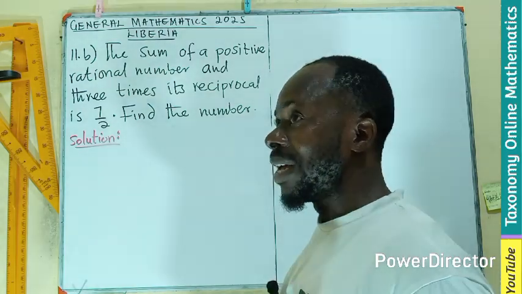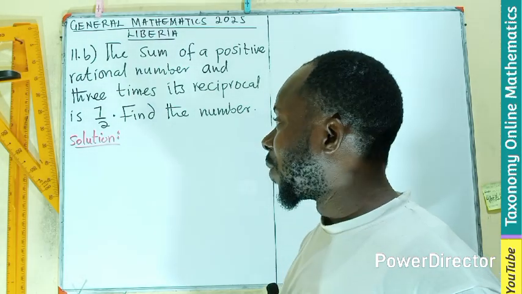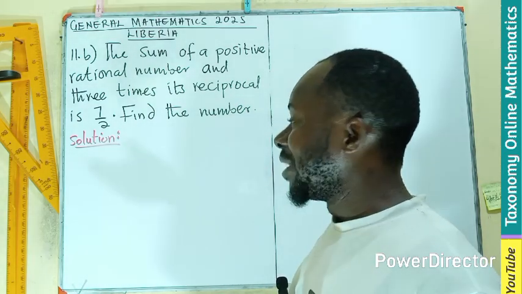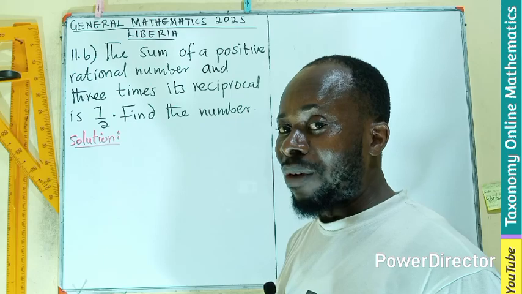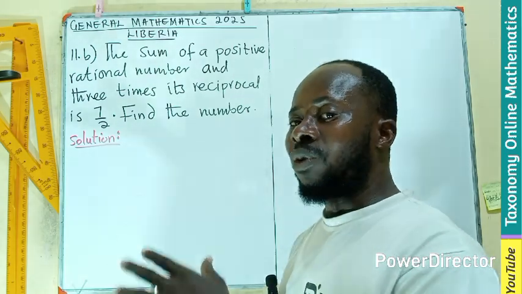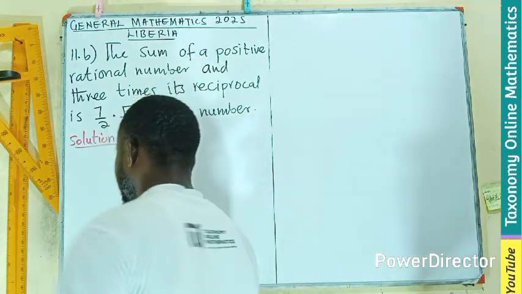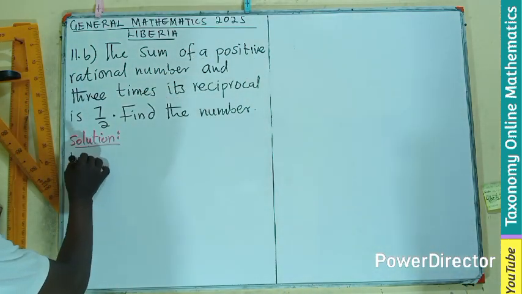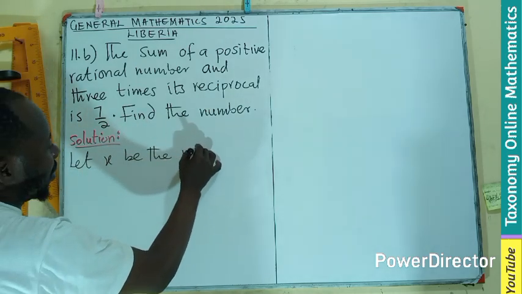So we know rational numbers can be a whole number, it can also be a fraction. Assuming the number to be a fraction at once is going to make use of two variables, and we don't have enough information to work with two variables. So let's use one, which is a whole number. So let's say we let x be the number,